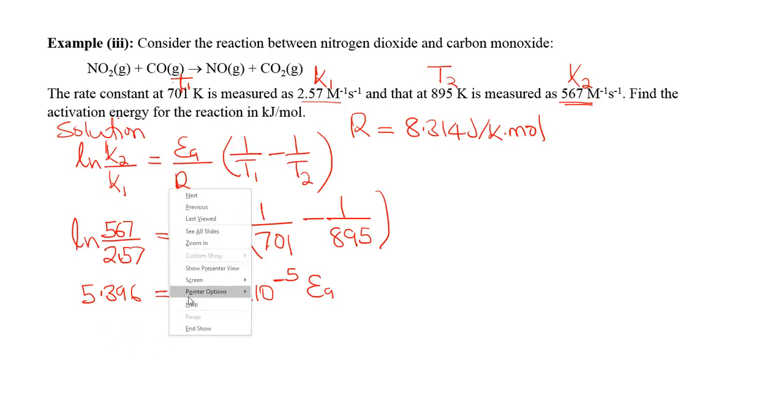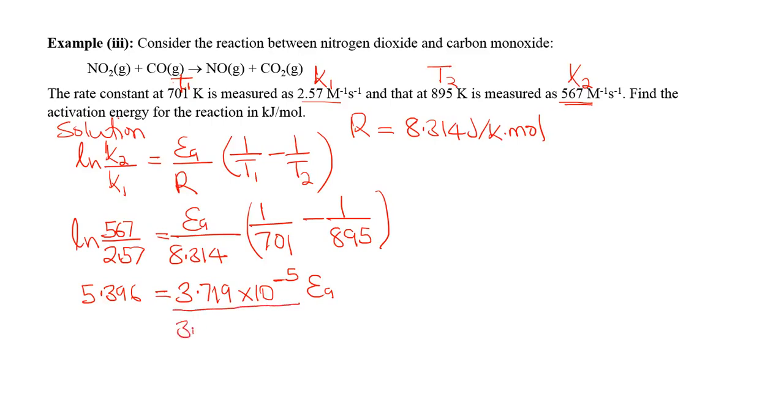Let me move step by step. So you want EA to be on its own, so you need to divide both sides by 3.719 times 10 to the power -5. We do the same thing here, 3.719 times 10 to the power -5. So based on this, our activation energy becomes 5.396 divided by